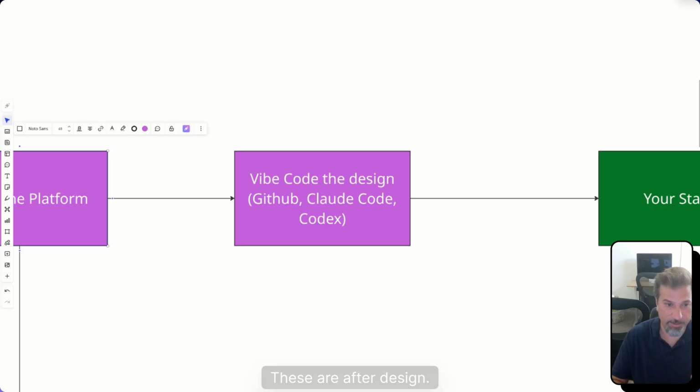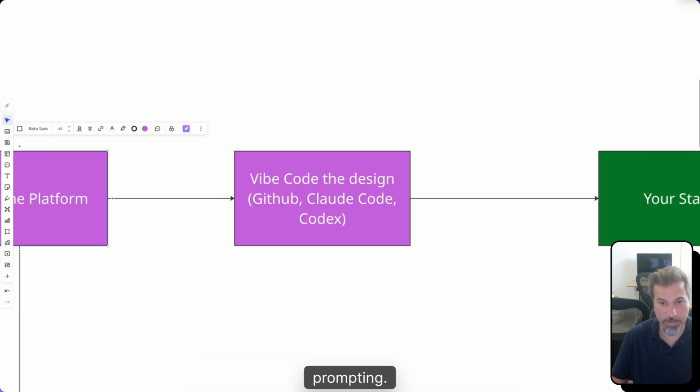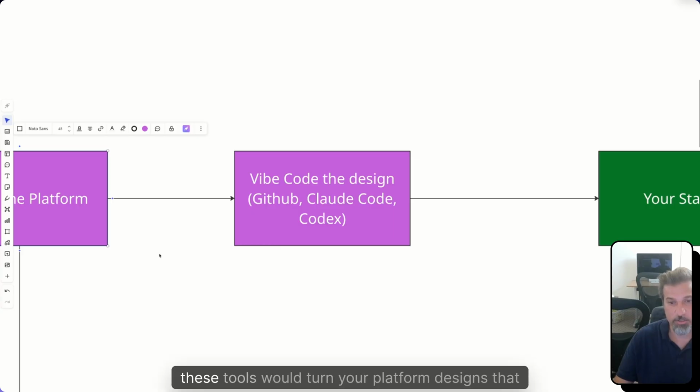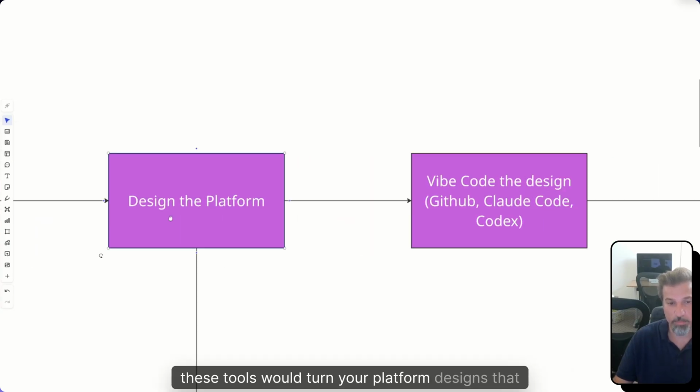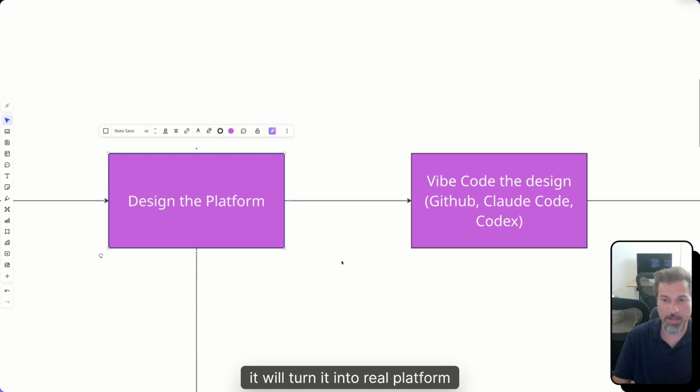These are after design. If you can just work with these three, none of them require coding. Claude Code is just prompting. And it gets better and more powerful by the day. These tools would turn your platform designs into a real platform.